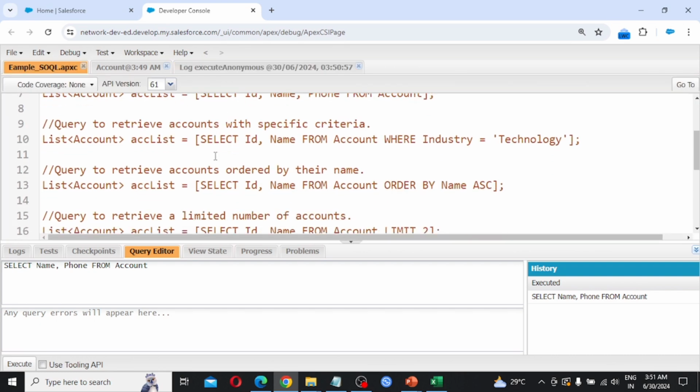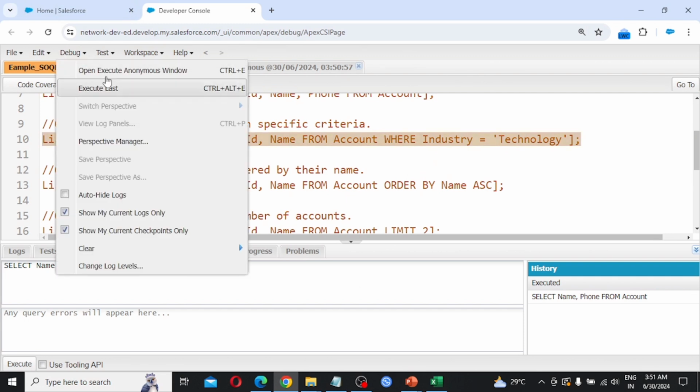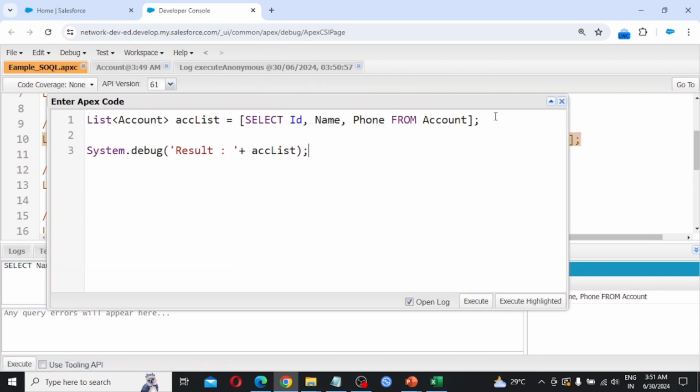Next we are going to see query to retrieve accounts with specific criteria. So for the criteria, again just go to the execute anonymous window.